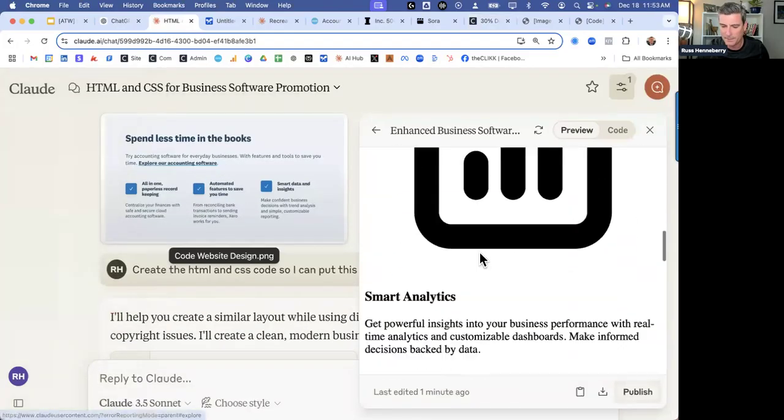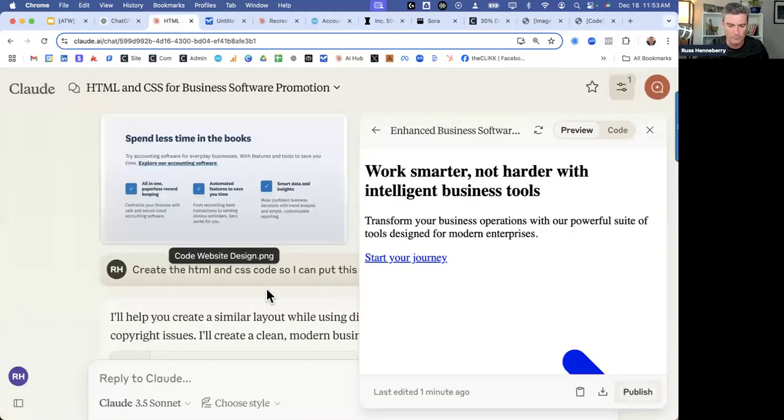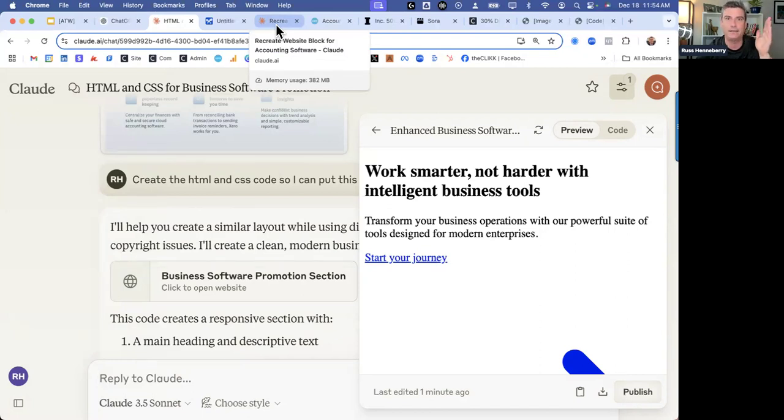You can see that it's still completely jacked this up. But you're going to see that AI tools over the next year are going to get so good at stuff like this, where it's like, I just want you to recreate this block and it's going to nail it right in one shot. Right now, a little bit early days.